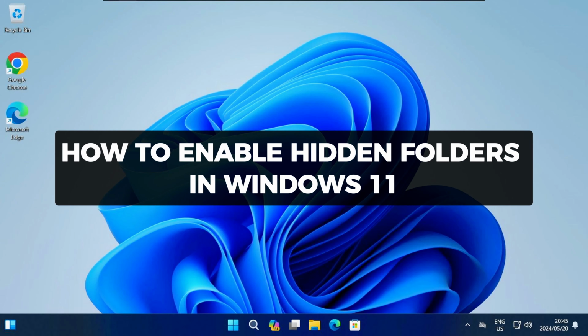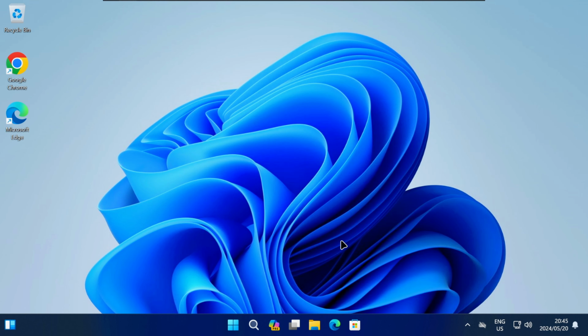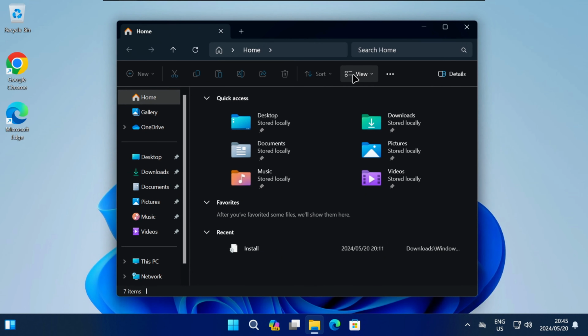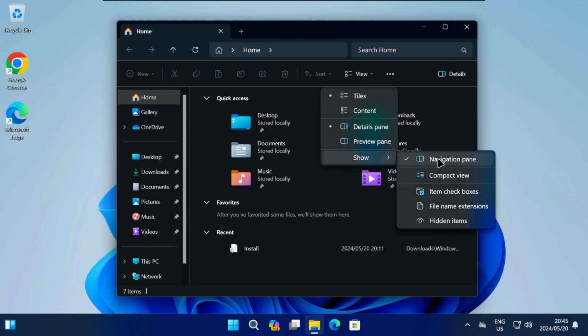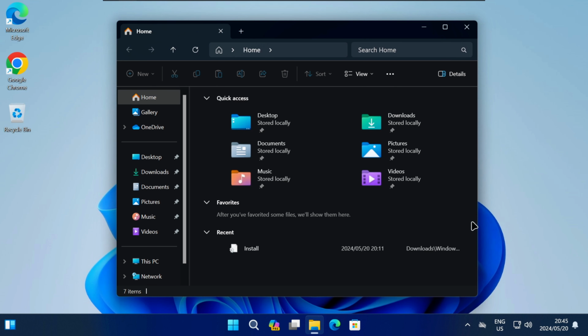In this video, I'll show you how to enable hidden folders in Windows 11. To enable hidden folders in Windows 11, start by opening a new File Explorer window. In the new window, click on the View tab. Next, hover your mouse over the Show section. In the next window, click on the Hidden Items option to enable or disable the display of hidden files and